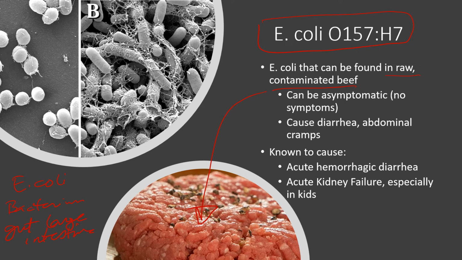Unfortunately, sometimes it can cause some problems. Sometimes no problems at all, or diarrhea, abdominal cramps, and unfortunately, it's known to cause acute hemorrhagic diarrhea. That means sudden onset bleeding diarrhea. Another is acute kidney failure, especially in kids. So if you look at this image over here,